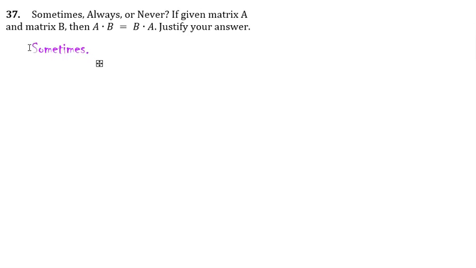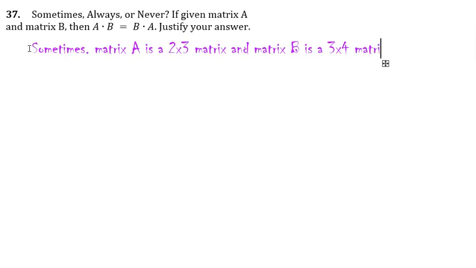So let's just say matrix A is a 2 by 3 matrix, and matrix B is a 3 by 4 matrix. Then A times B would be a 2 by 4 matrix, but B times A would not be possible,